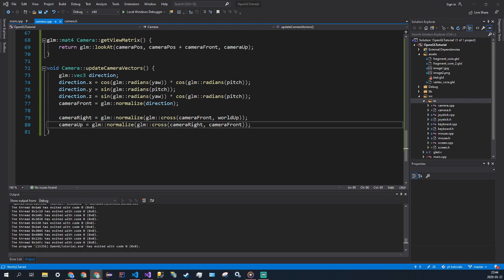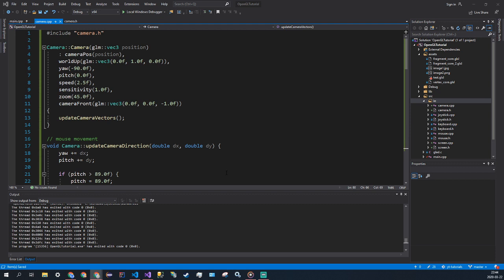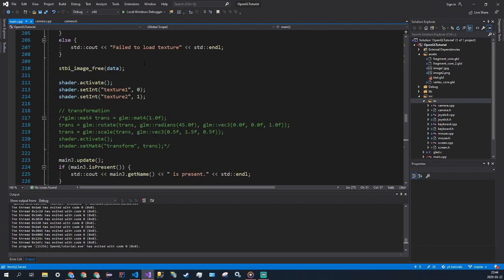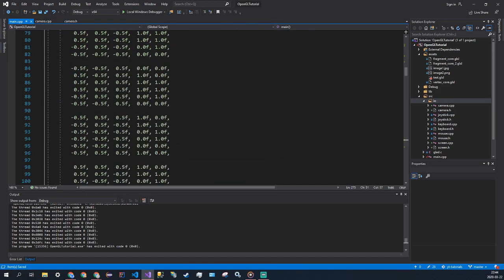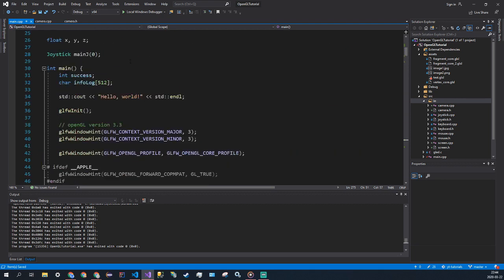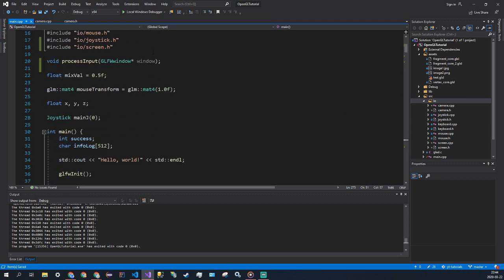Yeah, so that's our camera class. That's the entire camera class. Looks pretty good. Alright, so what can we do with this? Nothing yet. Because we actually have to change a couple things in main.cpp, and then we're going to have to route the input from the main class to the